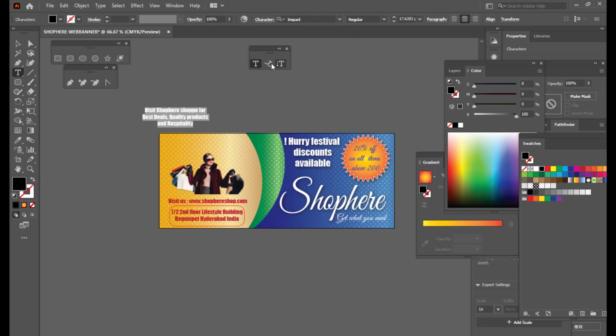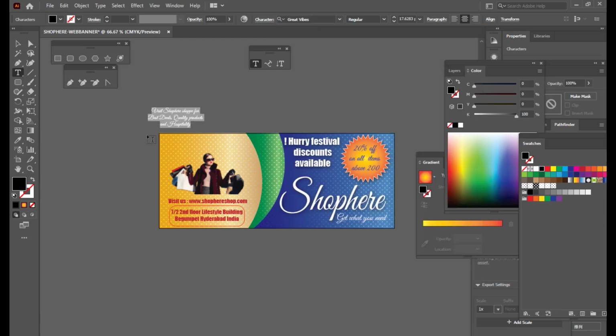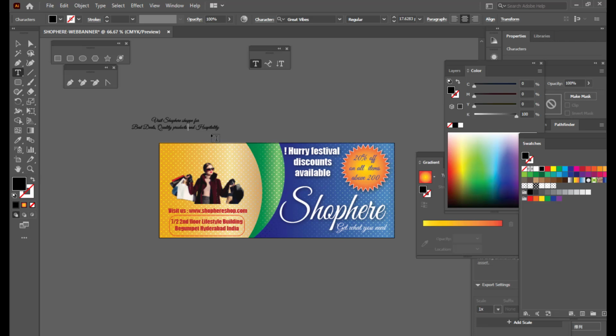So we'll highlight the text and select Great Vibes. Right. We will make it a 2 lines text, and we can change some of the things. We'll make the products as capitals, and then simply keep it over here.